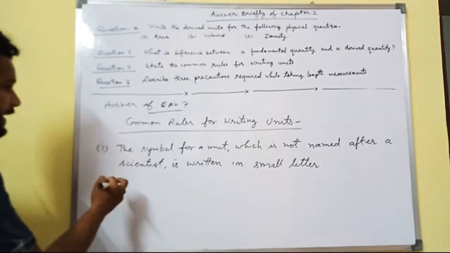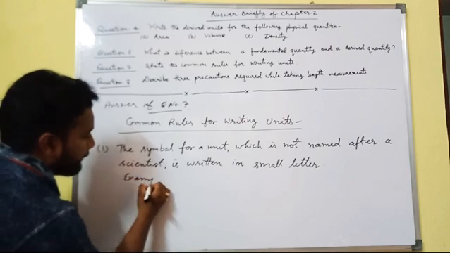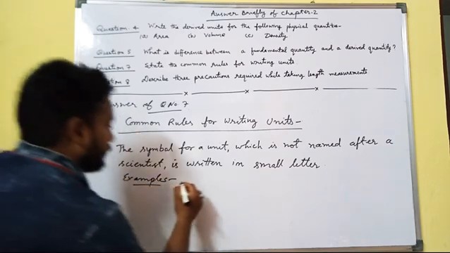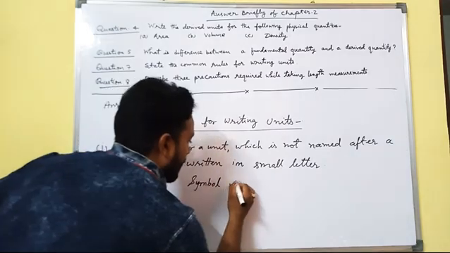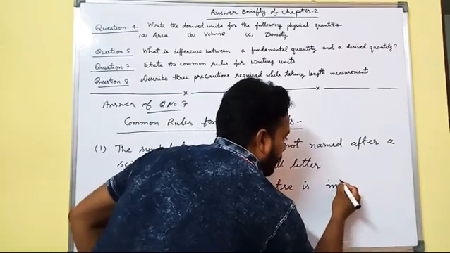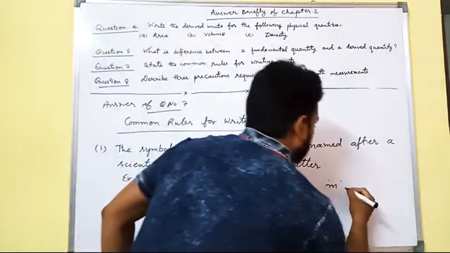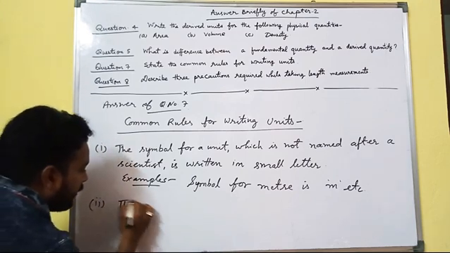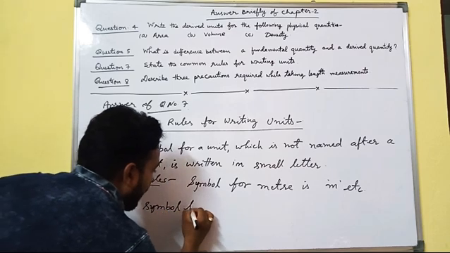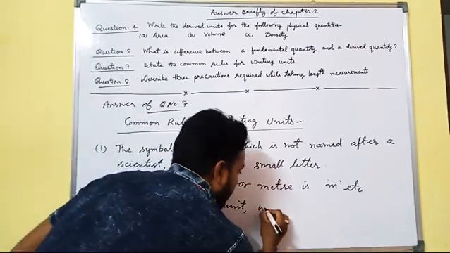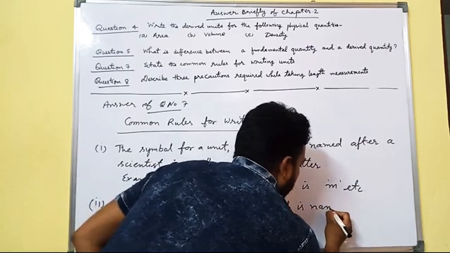Now the example will be: the symbol for meter is small m, etc. Now the second rule is: the symbol for a unit which is named